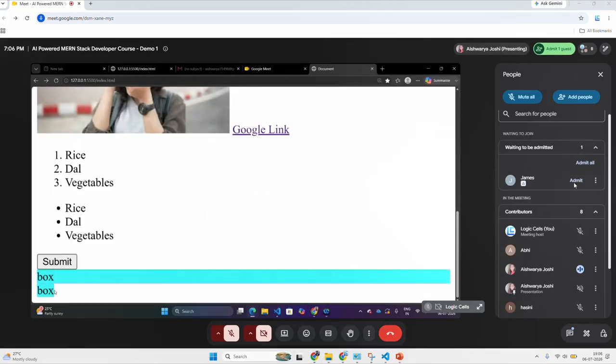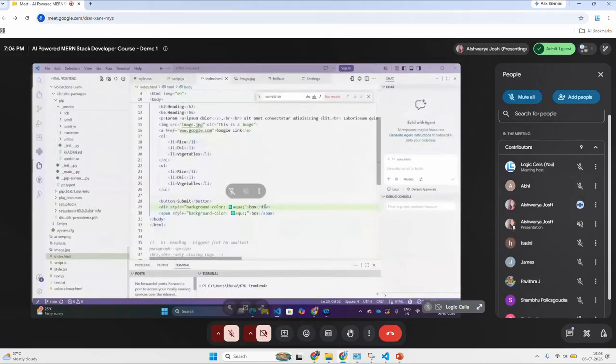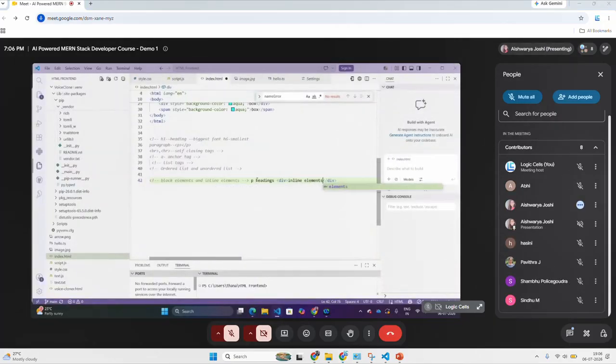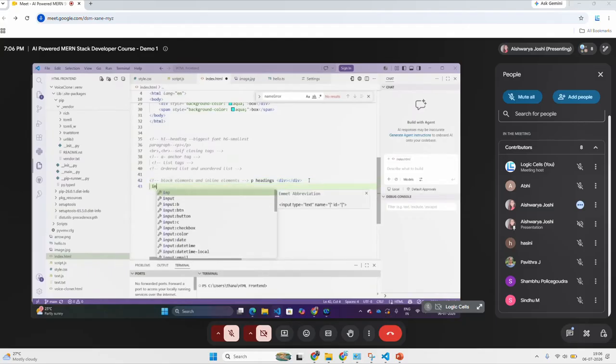Whereas in the inline element, only the space as much as the text is occupying. Let me write it down. Inline elements are the italics tag, bold tag that we saw just now, and underline.